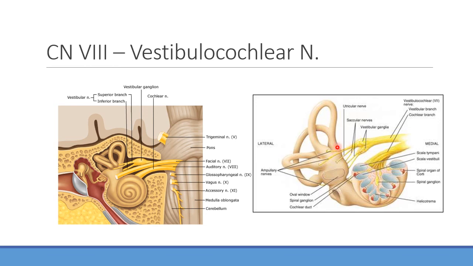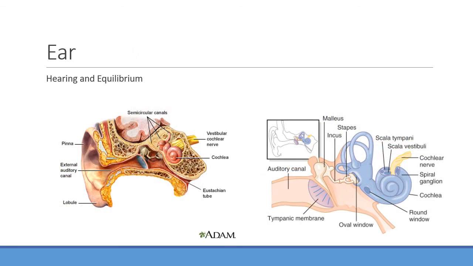You're going to see how we'll divvy this up a little bit, but mainly the cochlea is going to be responsible for what? Hearing is the big thing here. And this is our vestibular apparatus, with things like our semicircular canals and our utricles and saccules and all the good stuff, which we're going to get into in detail in a second. So, hearing and equilibrium, these are the main things we're talking about in regards to the ear.